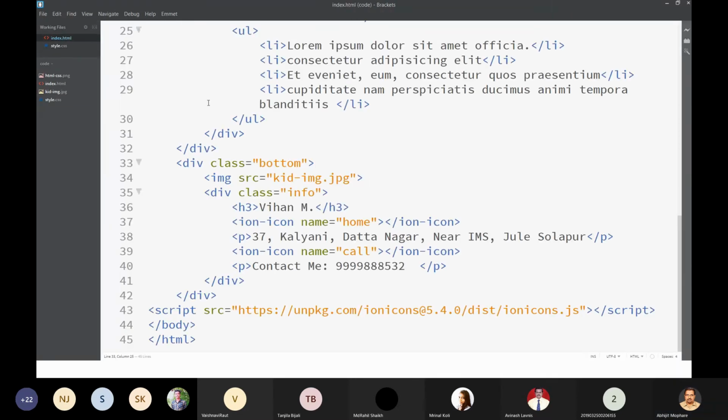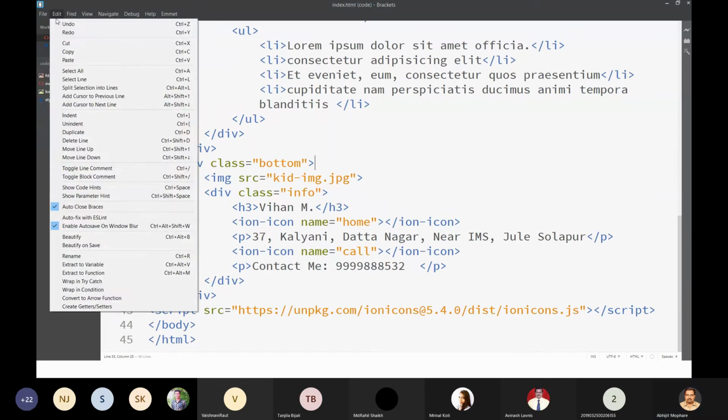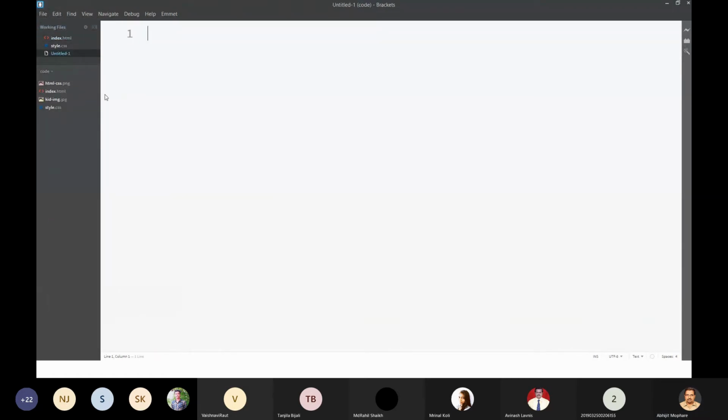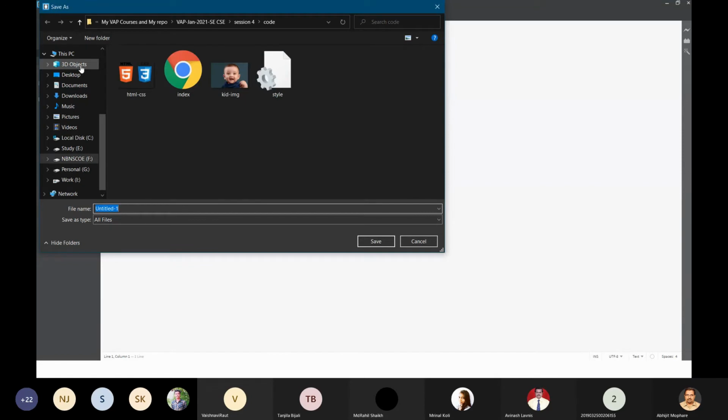Fine. So what I will do, I will create another file and I will save it as units.html.